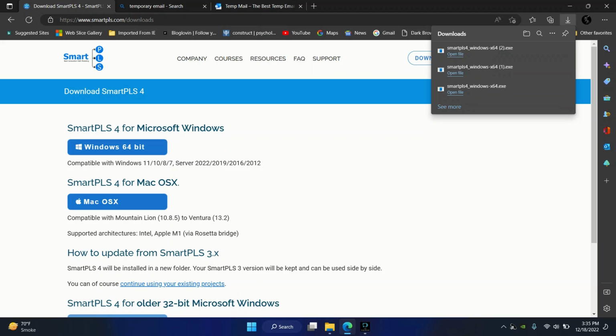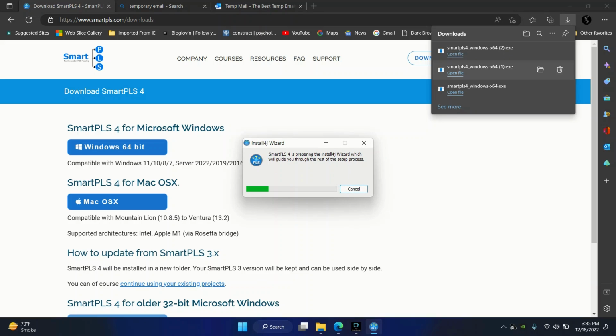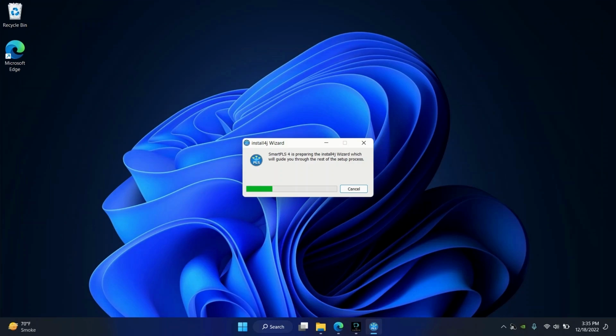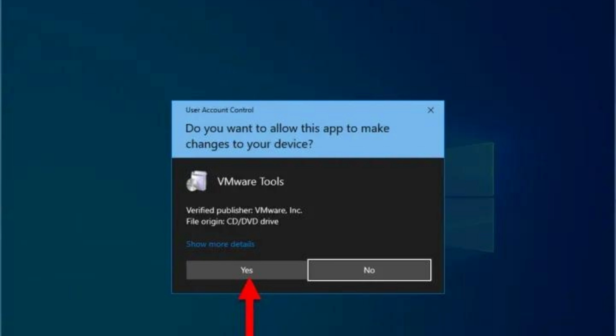So my setup is almost complete. Click on the open file. It will initiate this process to install the setup. Once this process is complete, it will give you another prompt. This says that you want to allow this app to make changes in your device, which means I want to run the setup. So click on yes,